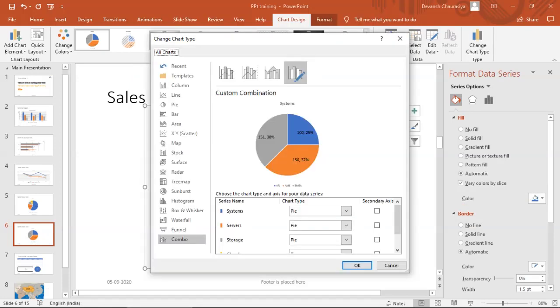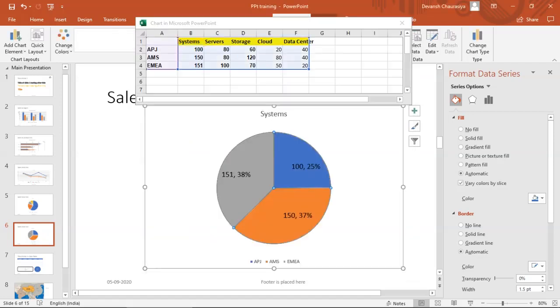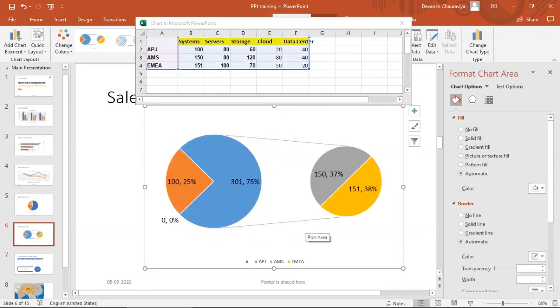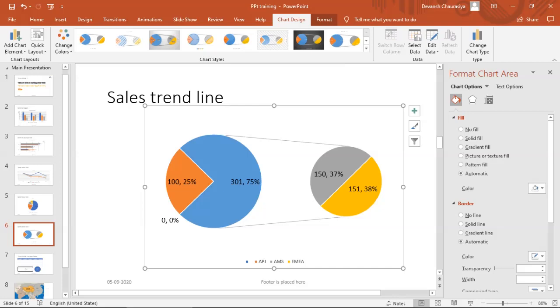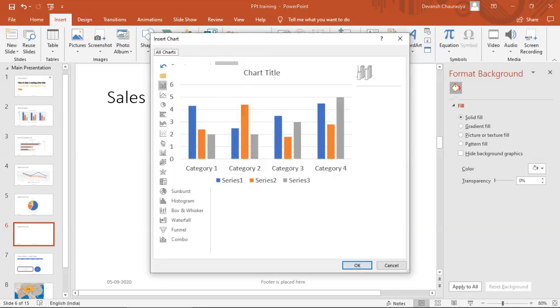Let me change my chart type to this. No, something is wrong with the chart itself. Let's delete this and let's insert a pie chart.